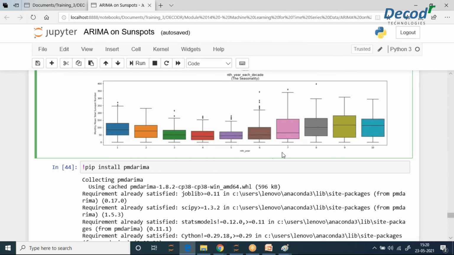We know how to read box plots, right? Maximum density is here. Violin plots are used to understand the density also, but here we are not able to understand the density. We are just understanding the range. So this is the pattern.